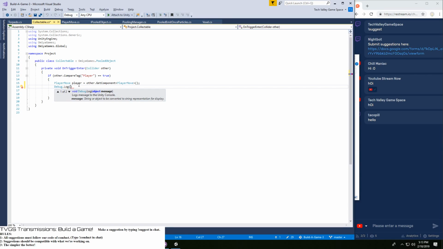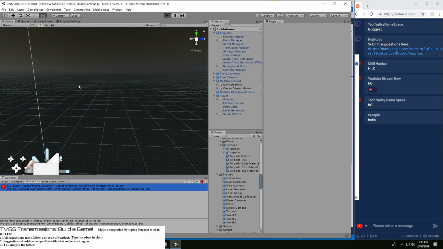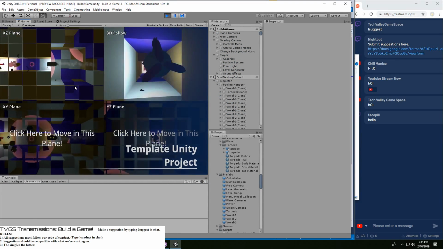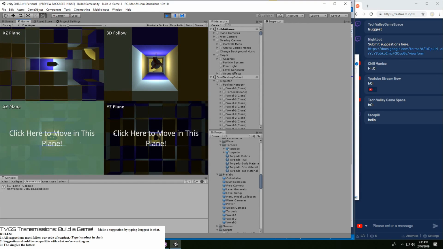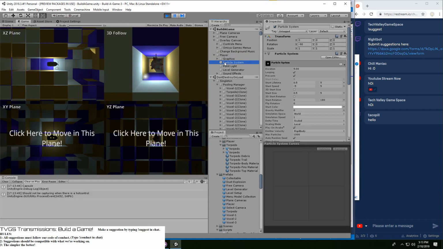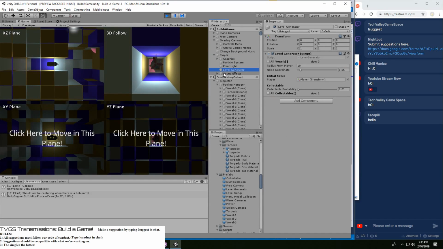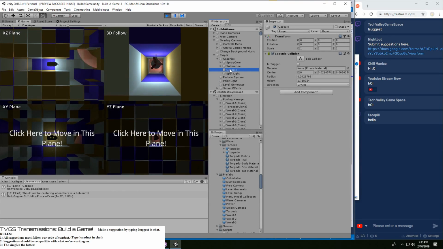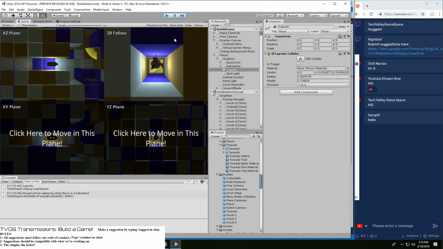Debug.Log other.name. Oh, okay, here's some. Okay, it got the capsule, oh, because it's checking a collider, which actually makes sense. Okay, yeah, so that's what happened.